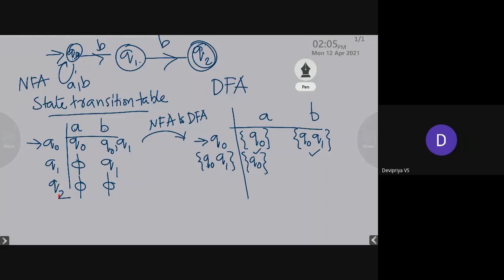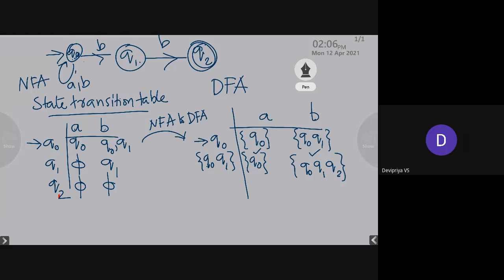Again, from the state Q0, on receiving the input symbol b, it is moving to the states Q0 and Q1. Then from the state Q1, on receiving the input symbol small letter b, it is moving to the state Q2. So we have taken the transition from the state Q0 on b and Q1 on b, and take the union. The union is obtained as {Q0, Q1, Q2}, which is again taken as another new state. So this is a new state now.